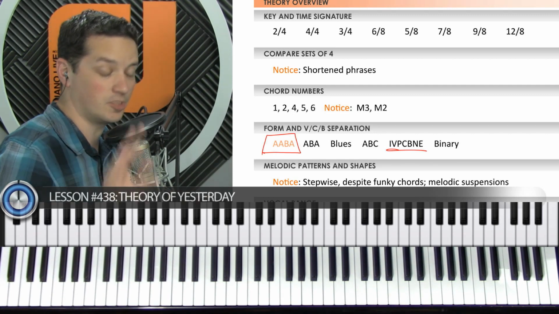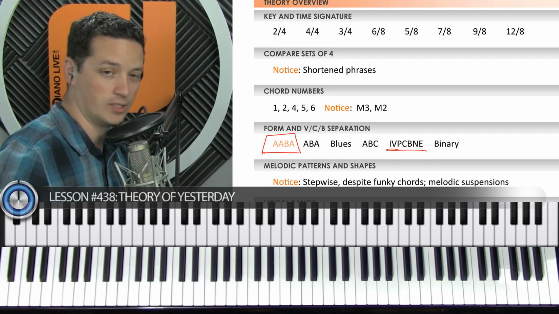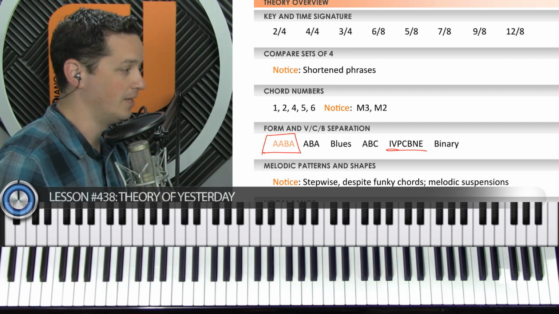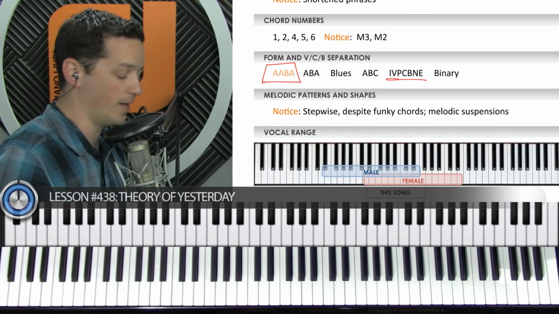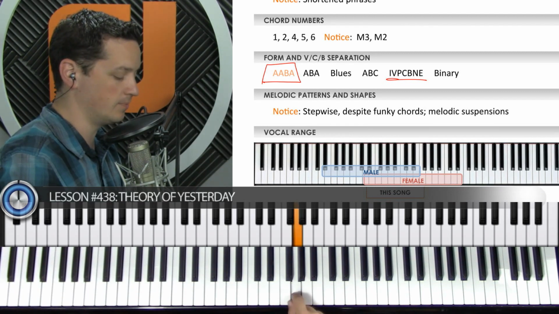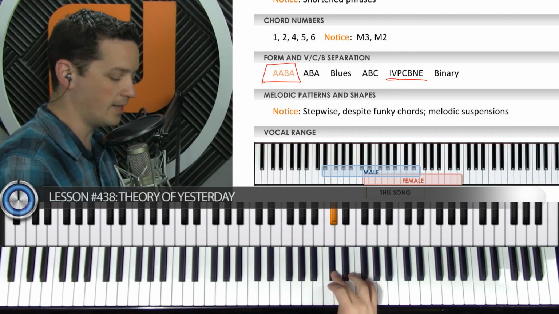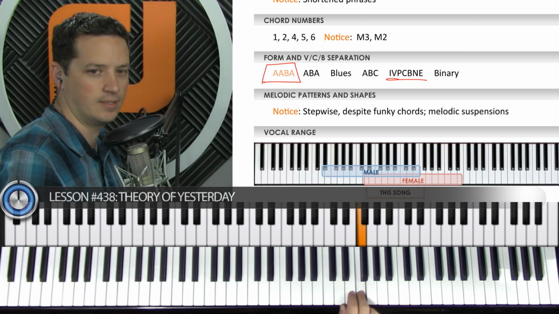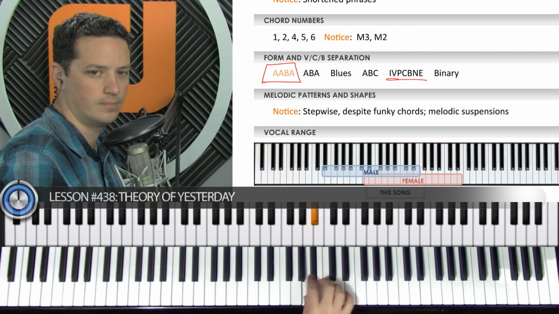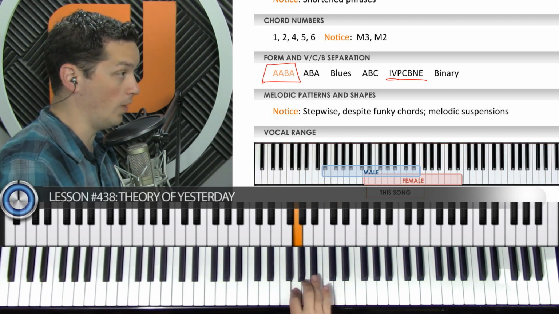Okay, so despite the fact that the chords are so funky and there are so many different chords in this one, the melody is almost entirely stepwise. Here we jump over 1 note.